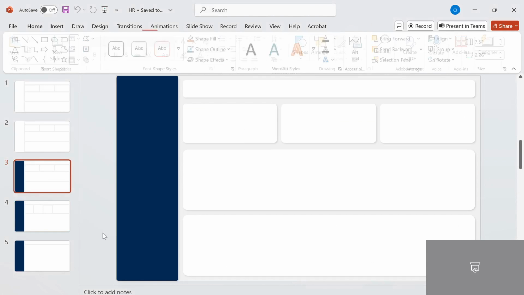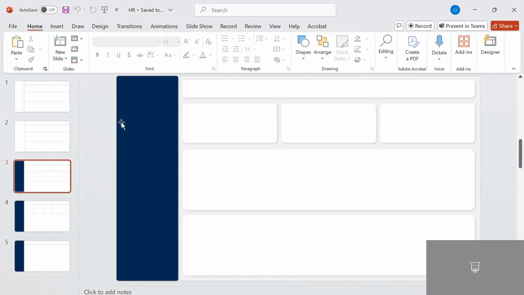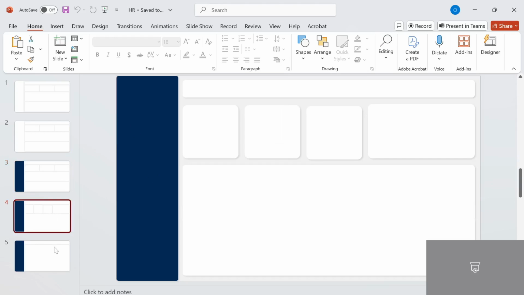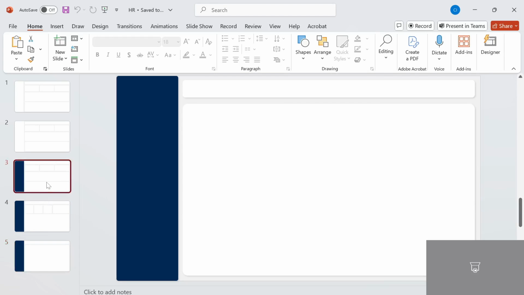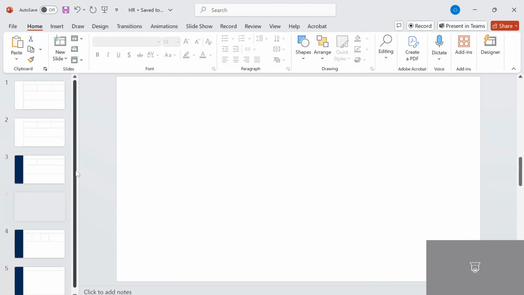So we start by creating a background on PowerPoint. These are the three backgrounds that I use for this report. So I'll be creating this first one because they are all similar, just the number of shapes that differs. So I'm going to click on new slide, blank slide,